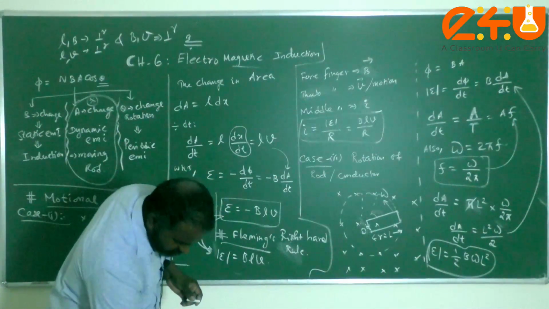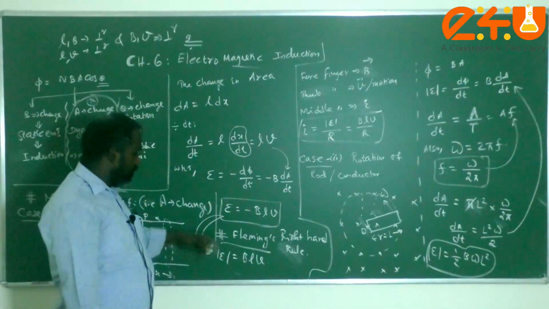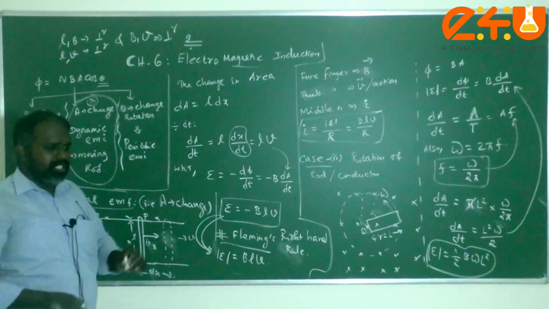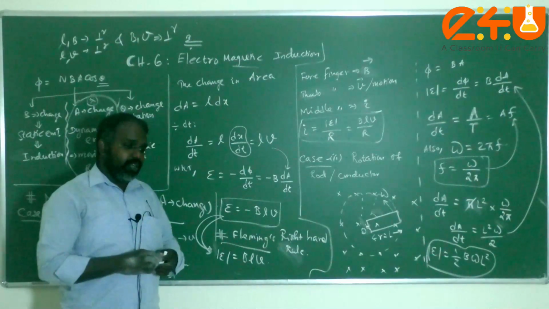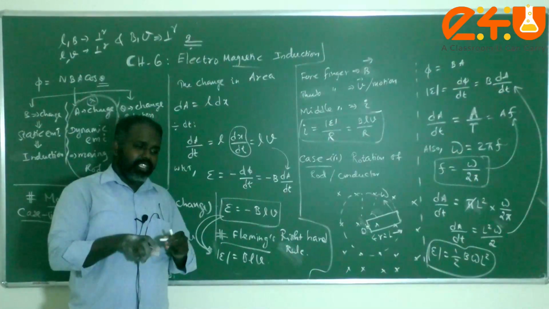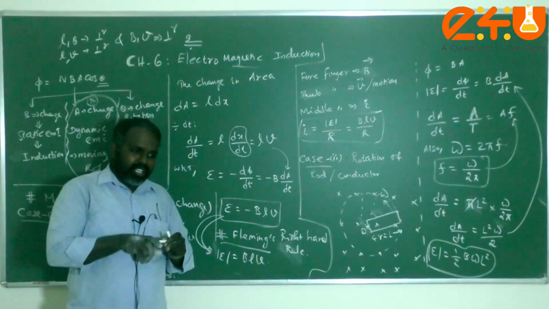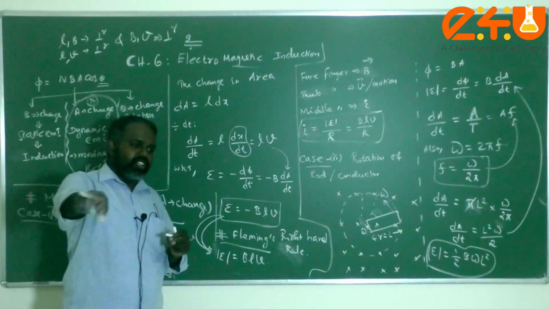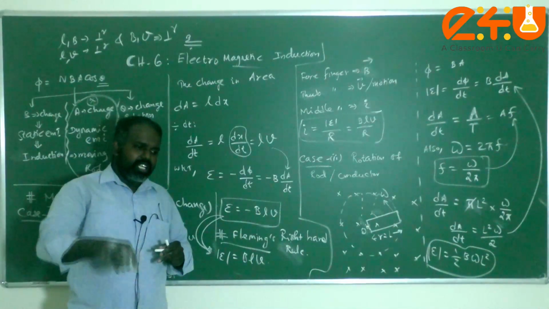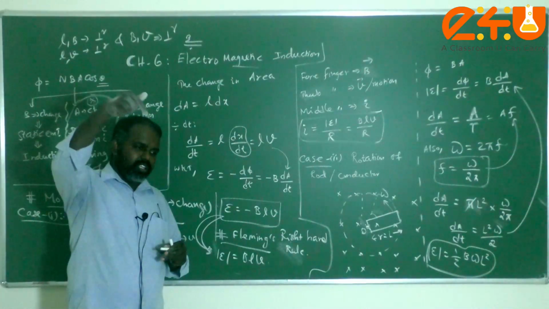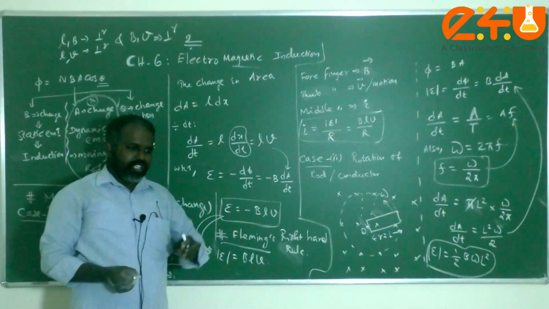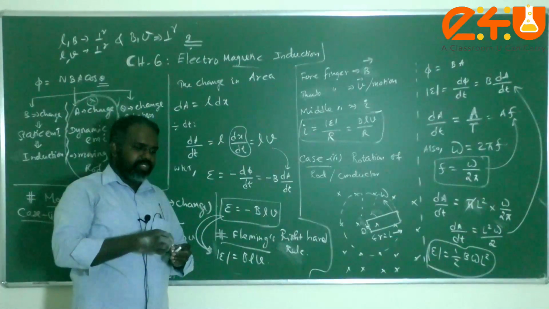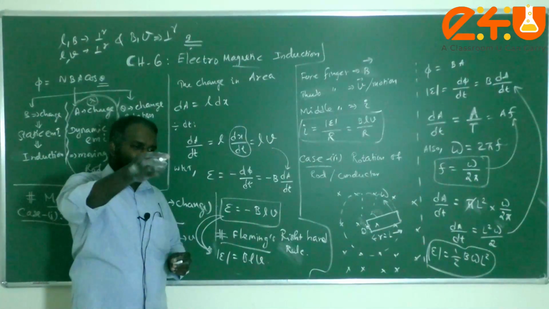How, sir? Sir, how can we understand this one? Just see, in the previous lesson when we discussed chapter 5, we said that the direction of BH is normally along the geographical north-south direction, and the vertical field BV will act in the vertical direction. So for example, let us assume that in this case I am dropping the conductor.